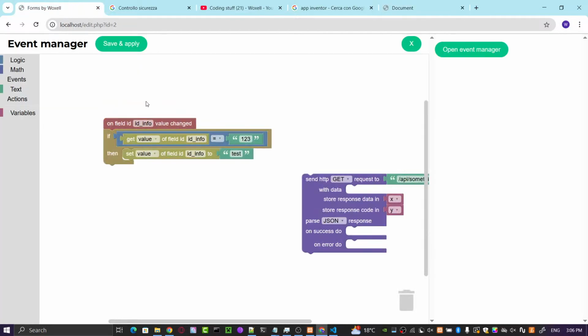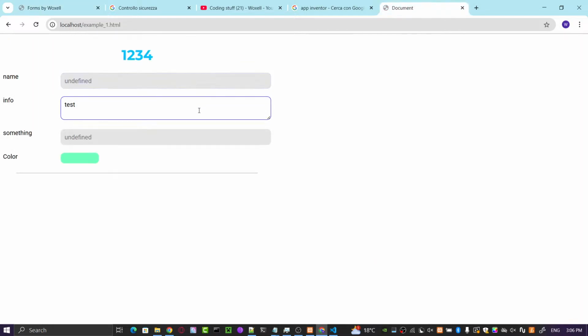I created this ID info, and if the value of this field is 123, you set the field to test. And it's very interesting because if you type 123, you get this.